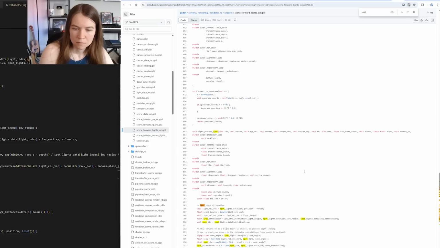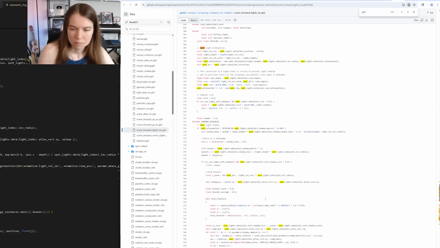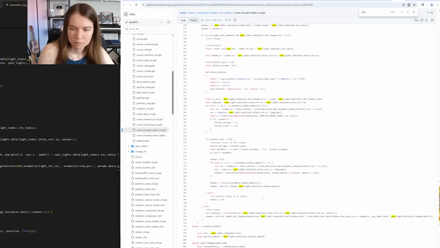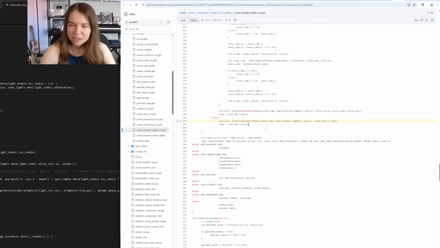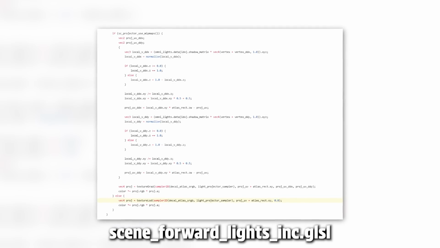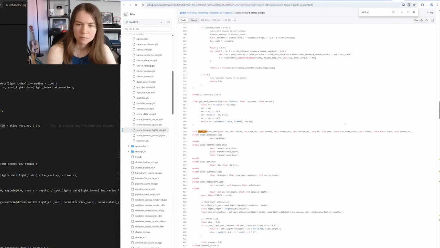I was thinking this might actually not be that hard because I had already found the part in the engine code where the projector texture is used to influence where the spotlight hits in the world. So we need something like this. So I was thinking I could just basically copy that logic and move it into the volumetric fog process shader as well. The problem was, having never worked with code like this before, I didn't understand how it was structured